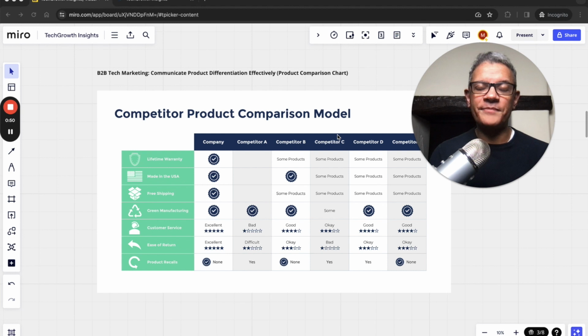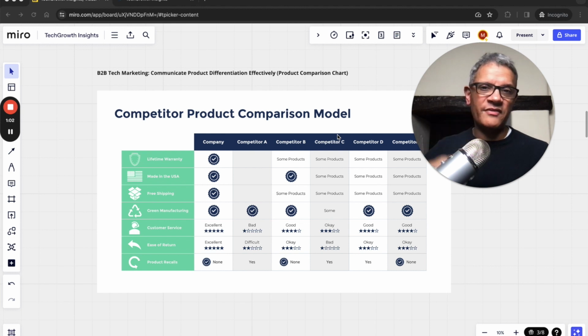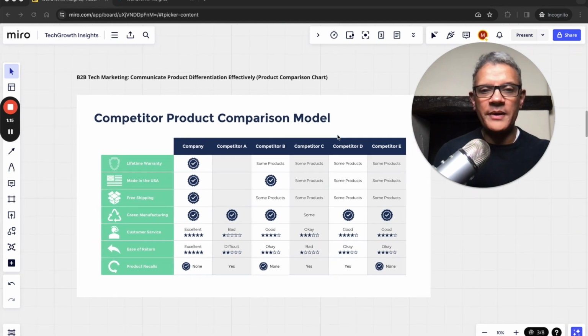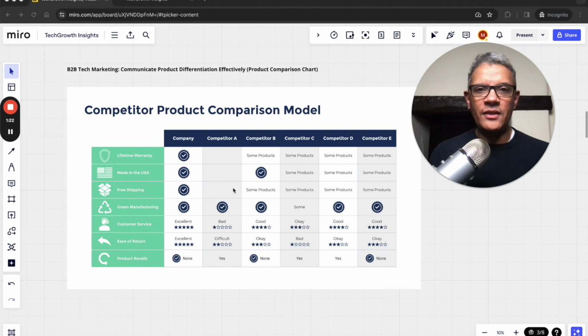So with that, let's talk about one of the simplest things that you can possibly do to communicate value effectively, communicate product differentiation effectively. And that's basically the competitor product comparison chart, the model. And essentially what I've got here, you can see I've got my company, I've got competitor A to E. And then what I really want to do is to make sure I'm communicating this in the way that customers can see that my